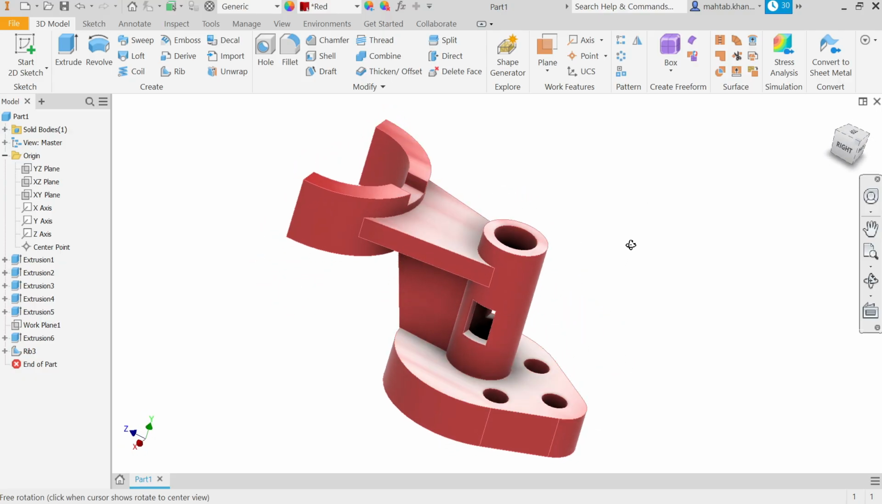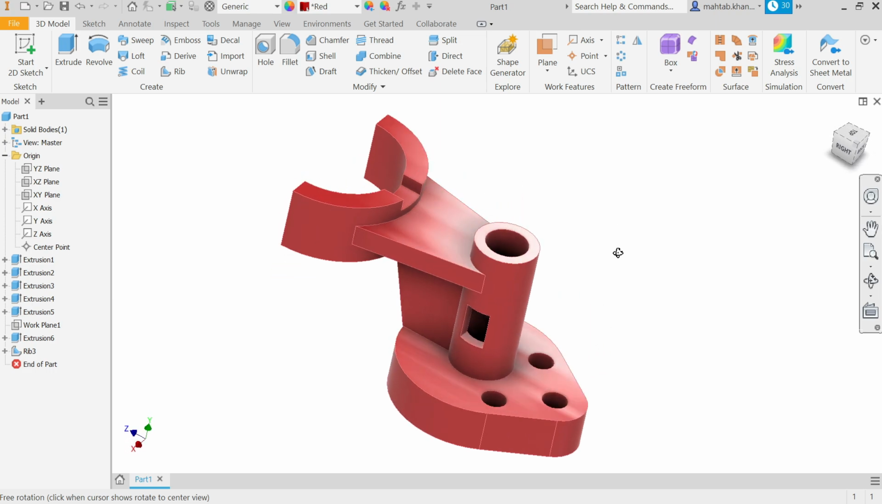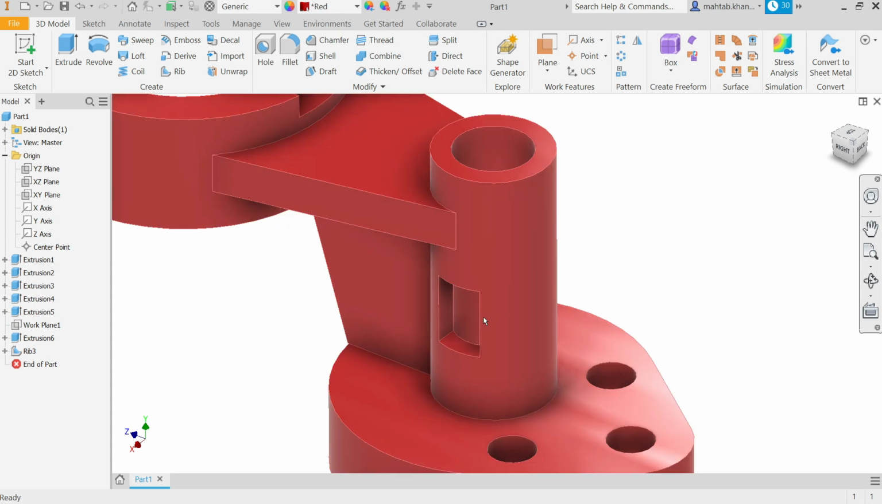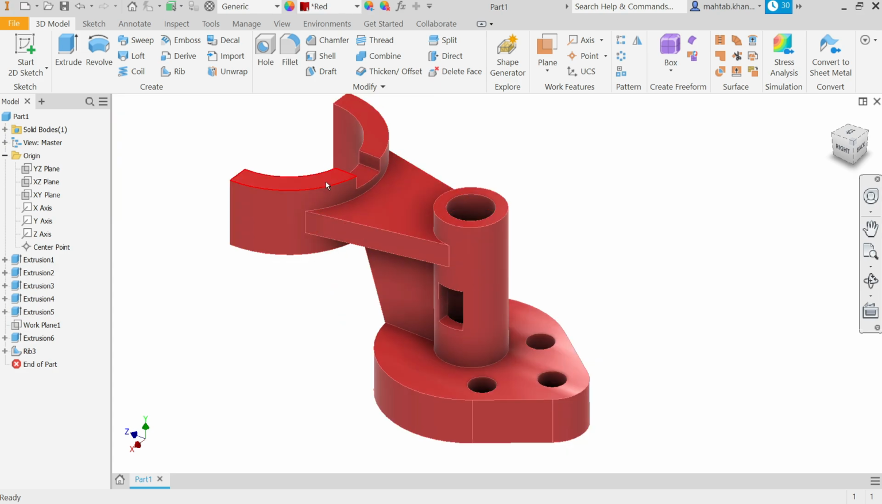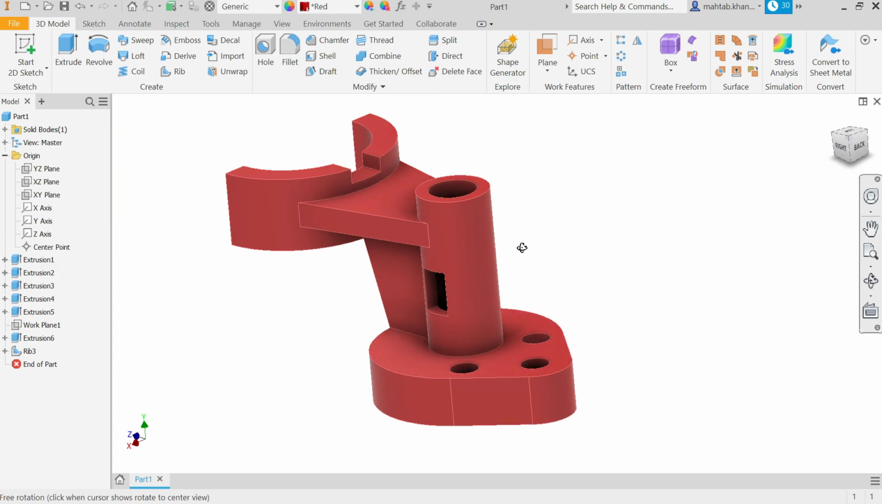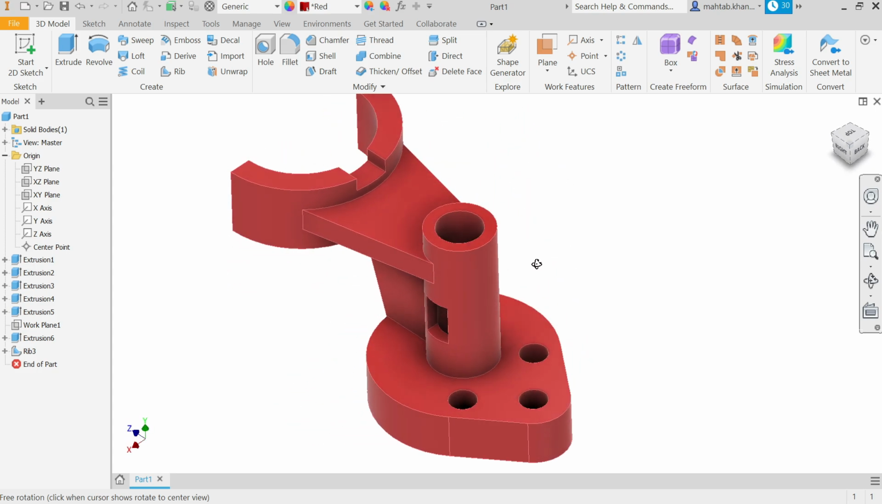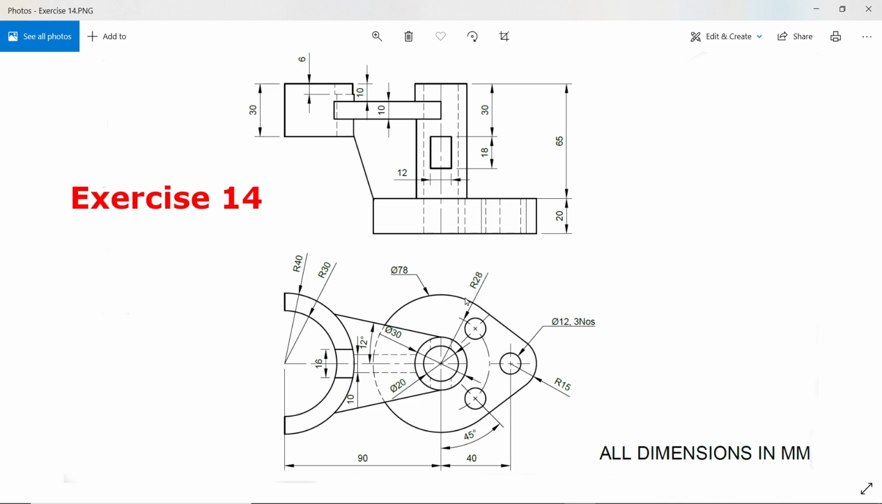Today we are going to take a simple exercise in Autodesk Inventor 2021, and here we will learn some basic features in Autodesk Inventor 2021. So let's make this simple exercise or model in Inventor. Exercise number 14 in Autodesk Inventor. So here we will start with this base flange,